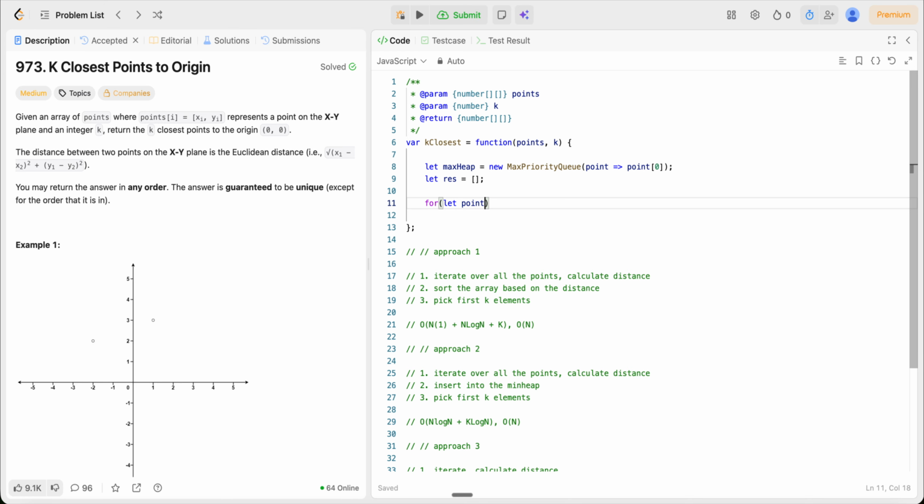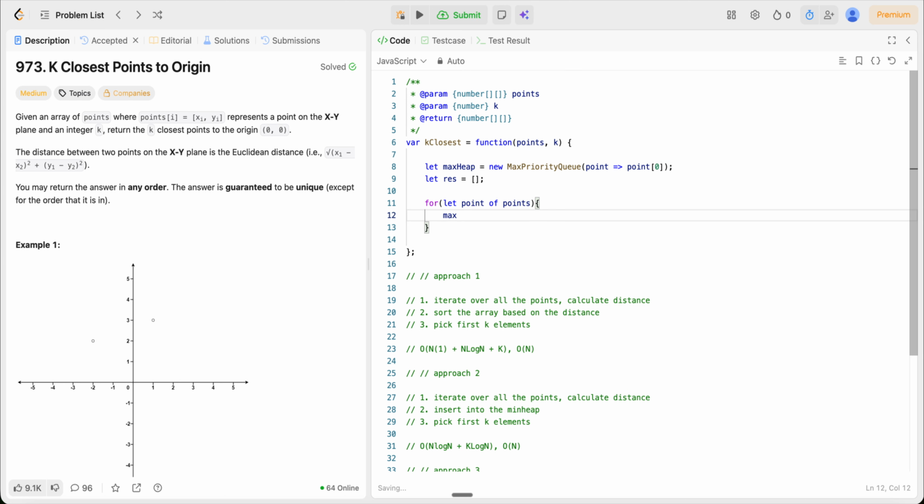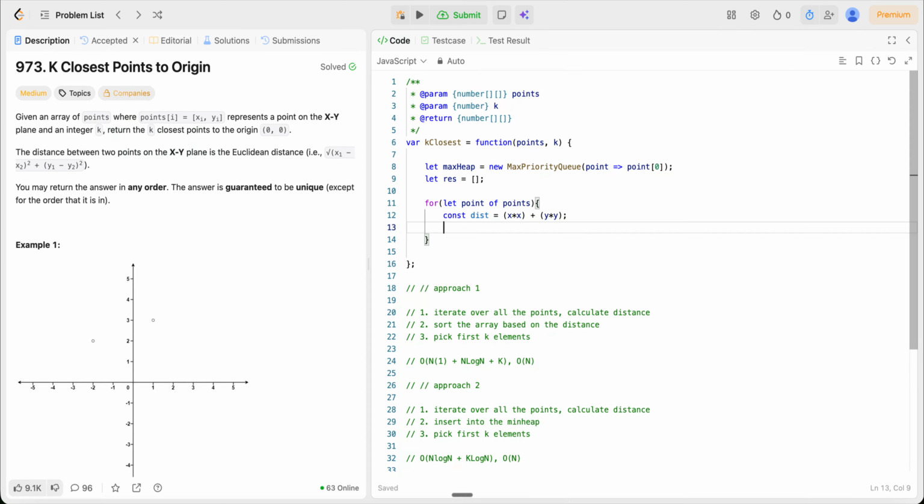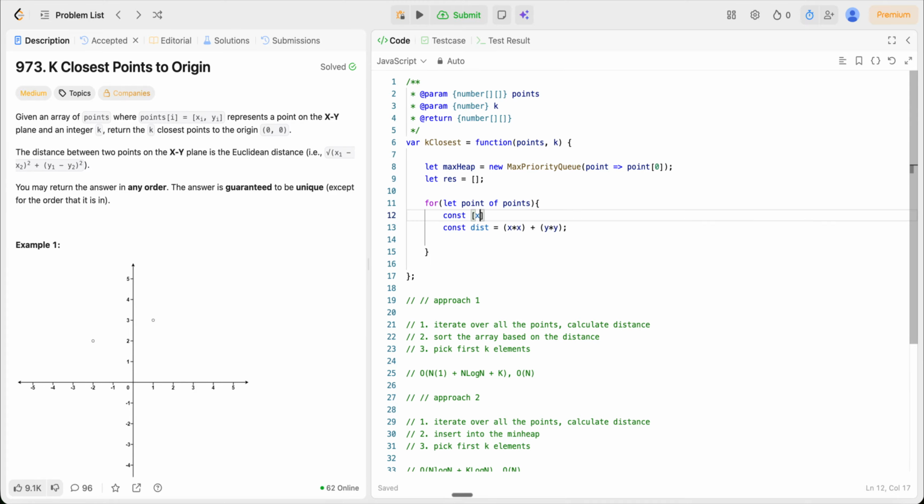We will iterate over all the points, and first we'll also calculate the distance. Distance is nothing but x into x plus y into y. We are skipping the square root as discussed. Then how are we getting x and y? We will get x comma y from point, and then